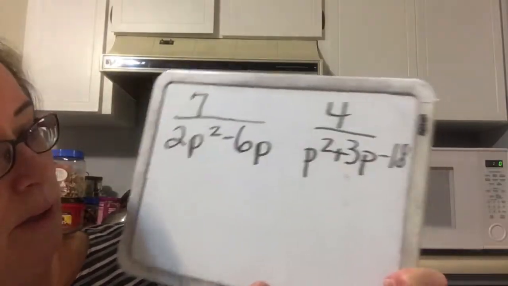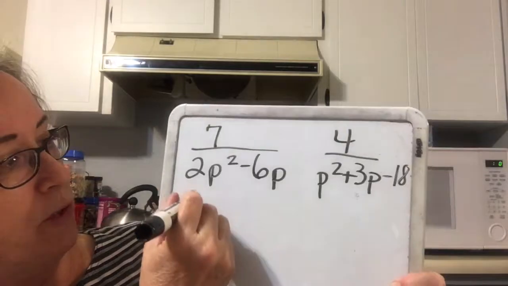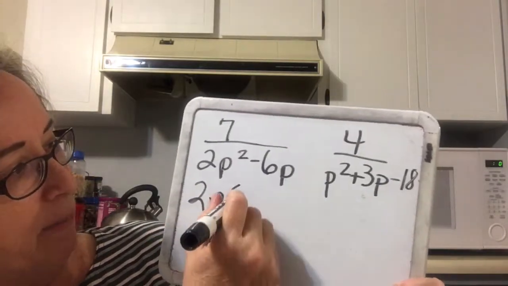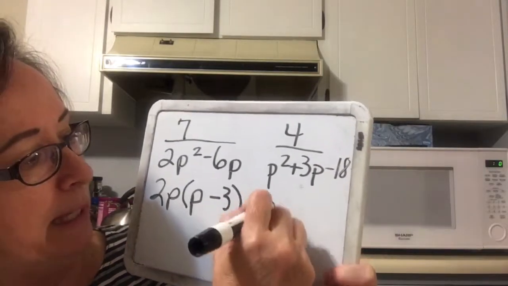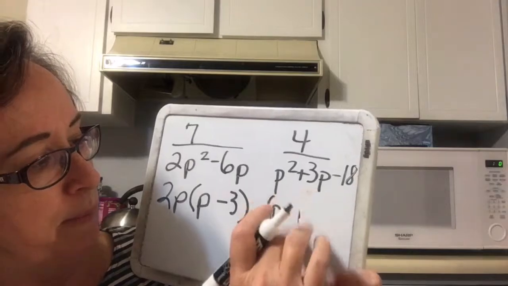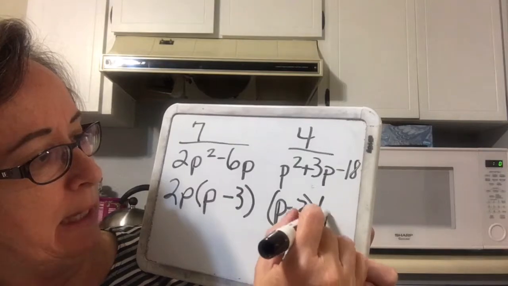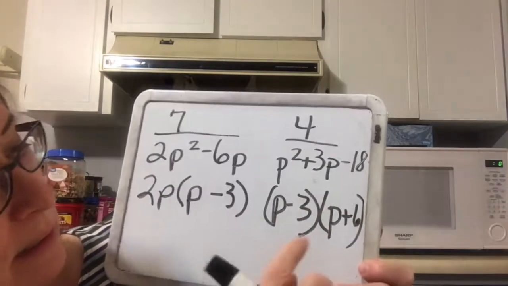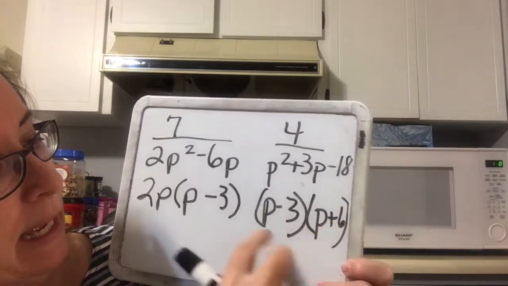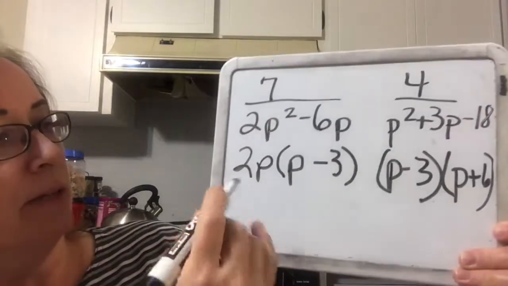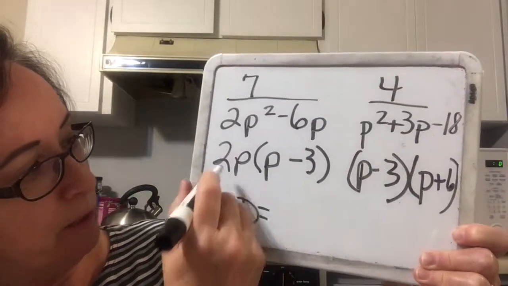Okay, so now we have this denominator, 2p can be factored out, and we get a p minus 3. On the other side, we have a p minus 3, p minus 3, and a p plus 6. So when we have the negative 18 and a positive 3p... So now that I've factored each one, I will go through and make the LCD, which has got to have